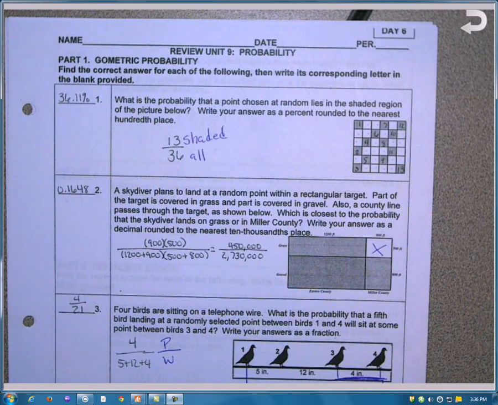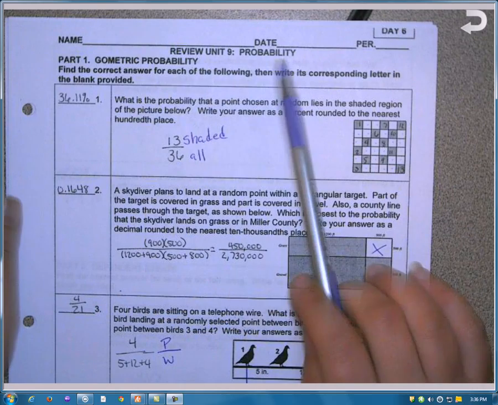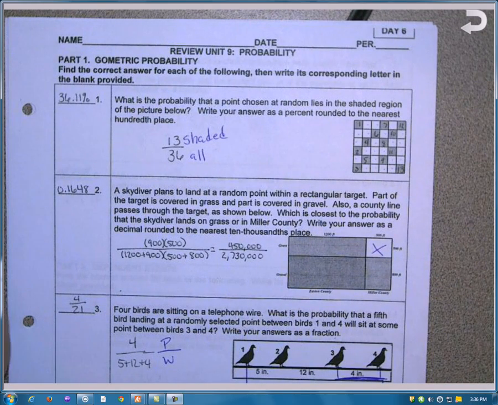I am going to record some information about the review. This is review for the probability exam. Do not forget this exam is on the 19th of May